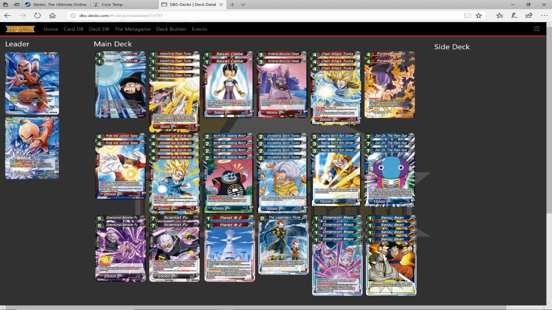But the reason why I like to run Top and Fortune Teller Baba and even Banisher Foods is because I don't really like blockers. Blockers really do slow me down in this deck, because I'll attack, and then, how the game works, you take your auto first and then they can choose to block. So you'll take a life just to basically kill a 5,000 attack blocker or anything. So Planet M2